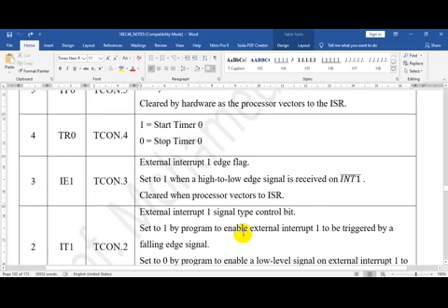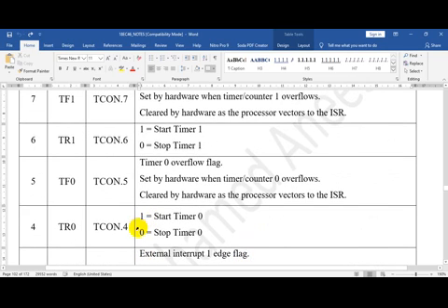Now coming to the next bit, the 4th bit, TR0. This is to start or stop timer 0. If you make it 1, timer 0 is started, and if you make it 0, timer 0 is stopped.